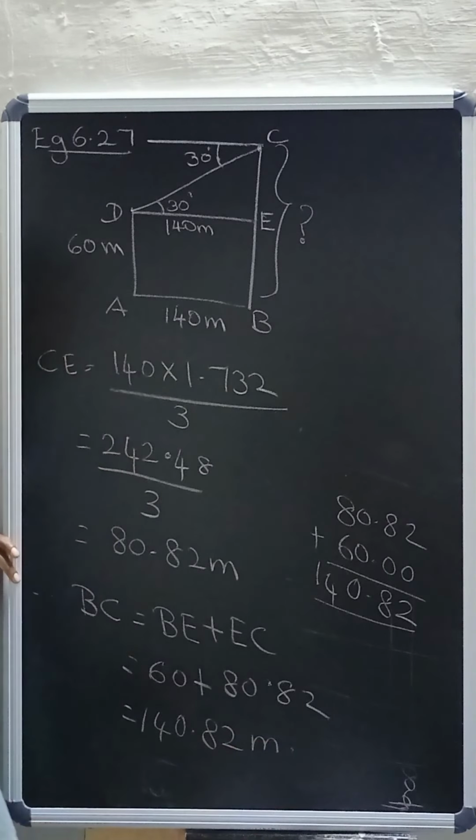.82 meters. So the length of the second building is 140.82 meters. Next, example number